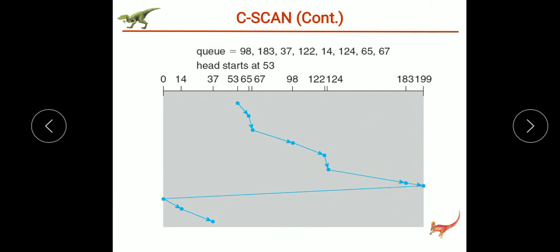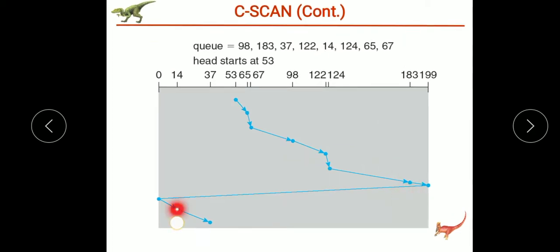So in practice, implementing these two algorithms is not possible. The arm goes only till the final request in each direction. Therefore, it may not reach cylinder 199 and also cylinder 0, because the request is still 183 here and it is still 114 here.